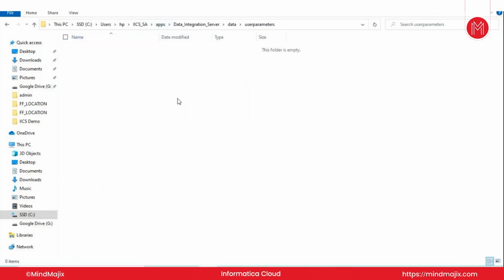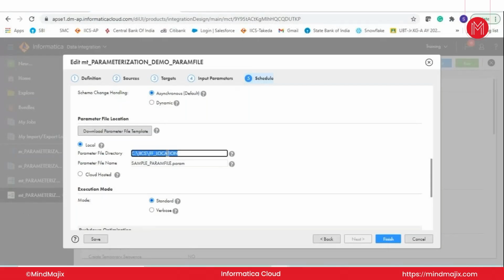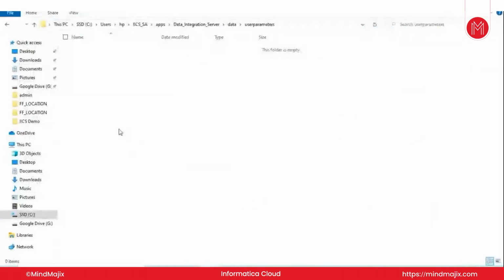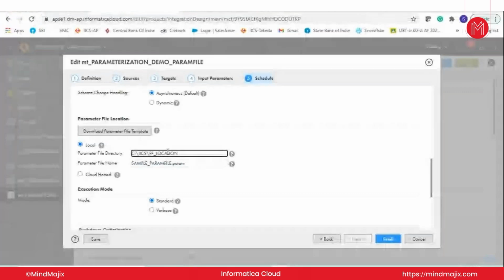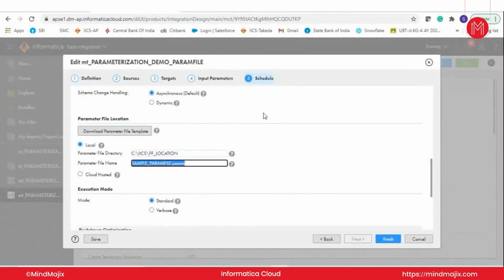So rather than going to this, now I am having my parameter file in my own folder. But it still says that if you do not provide this path at all, then Informatica will try to read this parameter file name here. If it is not here also, then your mapping will fail. But this is not really a feature, I would say. This is something they fixed, their own bug. So this is how we have provided the parameter file directory and parameter file name over here. Okay, and finally I'll click on finish,